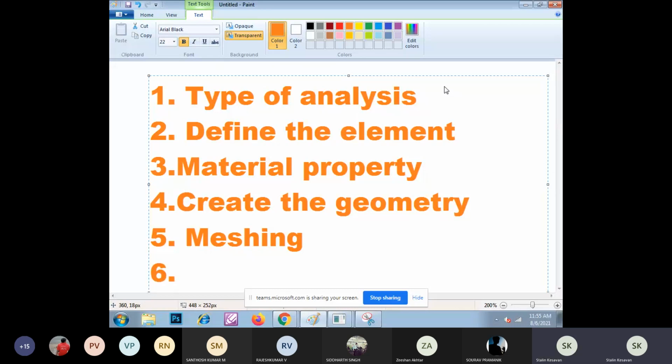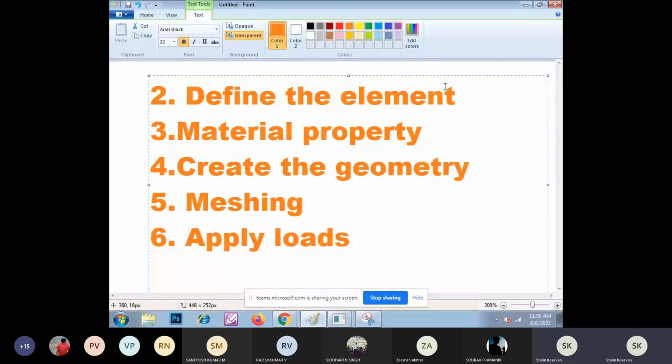After meshing, we are going to apply loads. Applying loads, we have two steps.